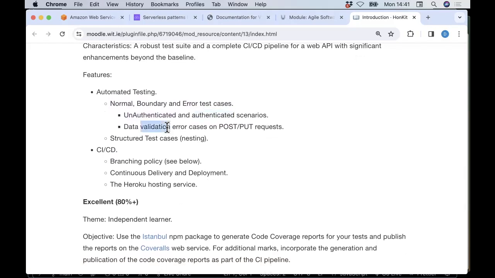In terms of data validation, I am assuming that you're going to have Mongoose schemas for controlling access to your MongoDB database. Where they become really useful is if you've got any kind of POST or PUT requests going to your API endpoint. I've noticed in what you've developed so far in the web app dev module